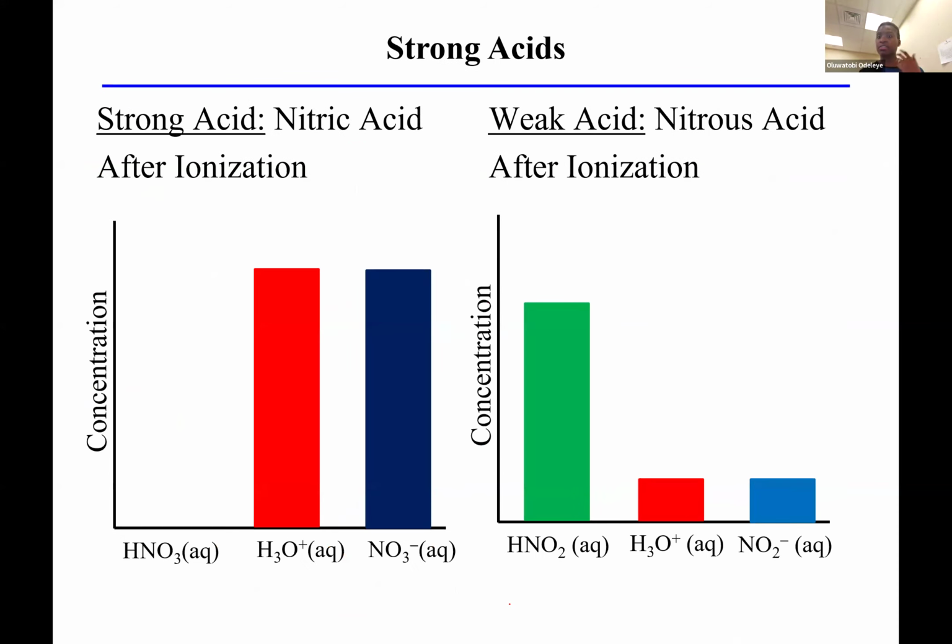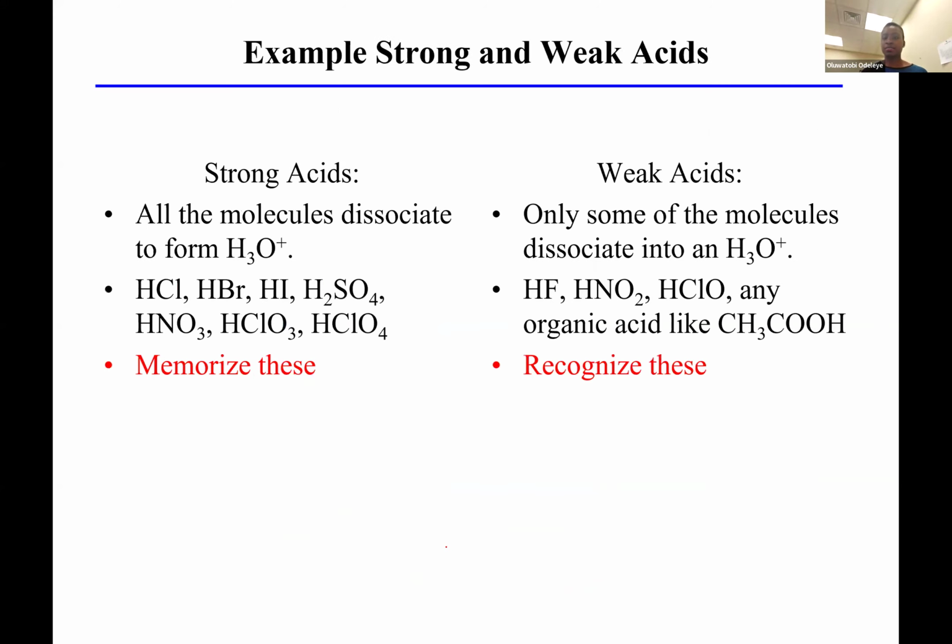So in terms of ions in solution, strong acids have mostly ions in solution. Weak acids have mostly the molecule in solution. So the acid molecule in solution, some ions, but mostly the acid molecule. And so because of this, we can talk about